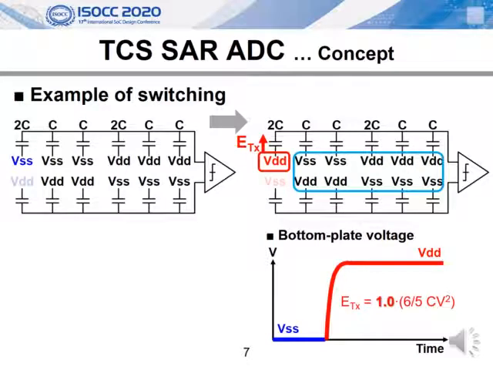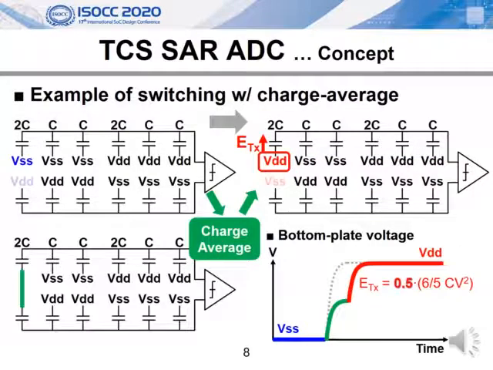As an example of SAR conversion, let's take a look at a case of changing a pair of bottom plate voltage. Here, I focused on saving the TX energy from the changed bottom plate. As a saving method, the charge averaging technique was used in prior works. When two differential bottom plates are shorted, we can take the half voltage without any supplying references. The TX energy is also saved in half.